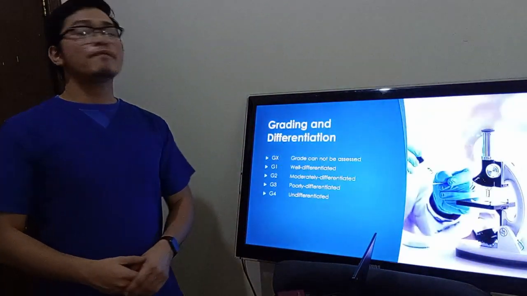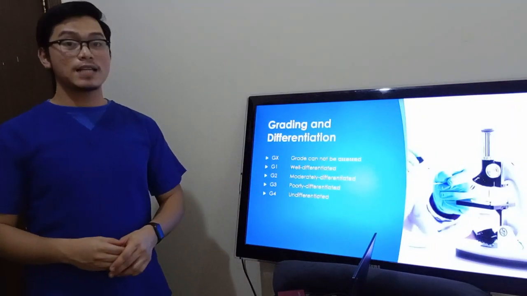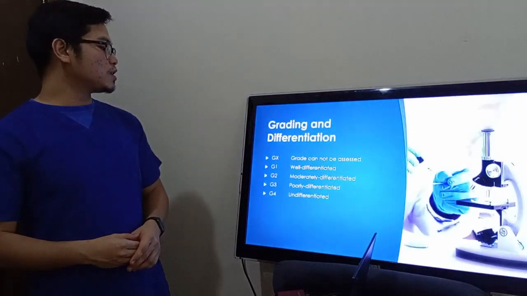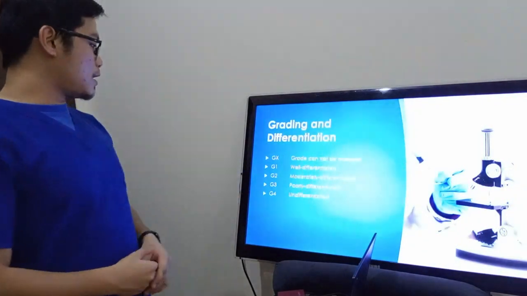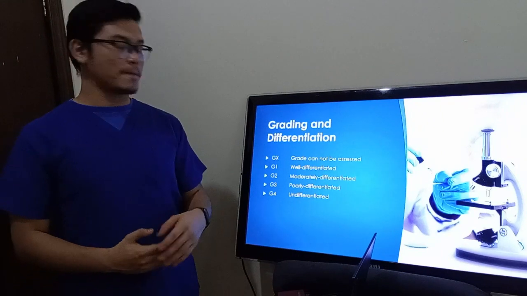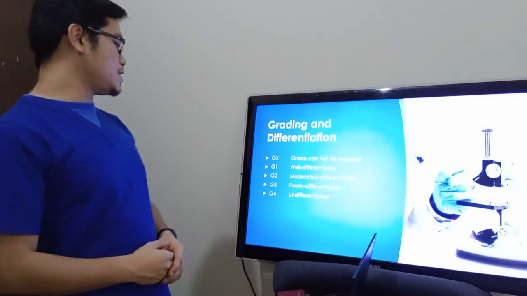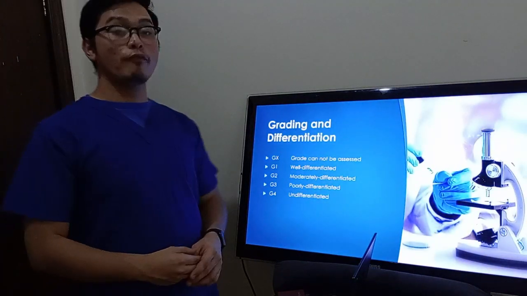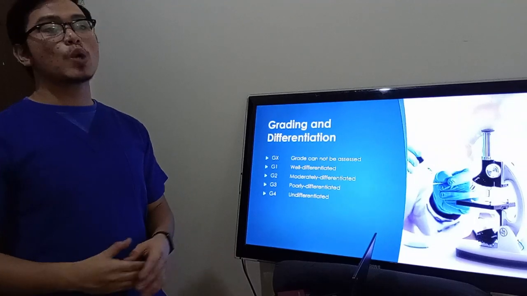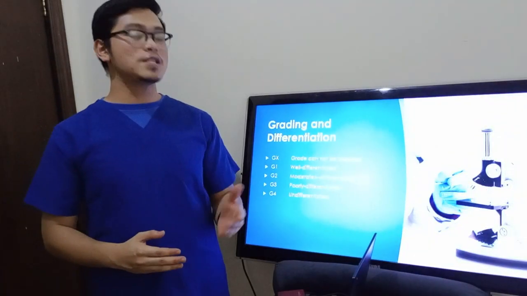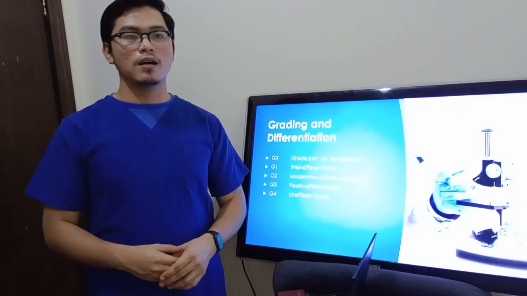So we have grading and differentiation of the tumor. GX is a grade that cannot be assessed. G1 is well differentiated. This is usually an early detection, and the survival rate of the patient is higher. G2 is moderately differentiated, G3 is poorly differentiated, and G4 is undifferentiated. For G4 undifferentiated, maybe the tumor is already metastatic, and the disease progression of the patient is very